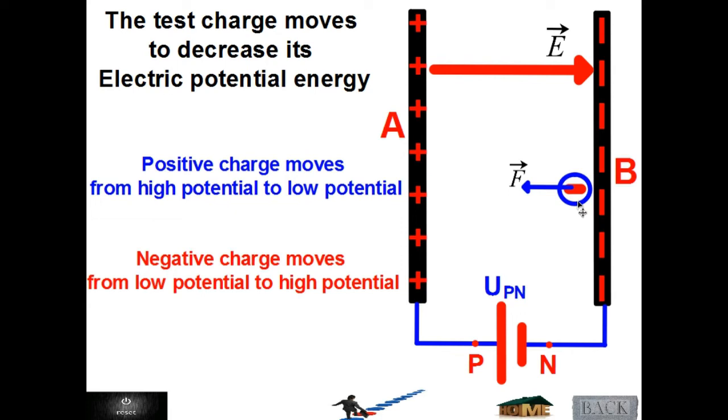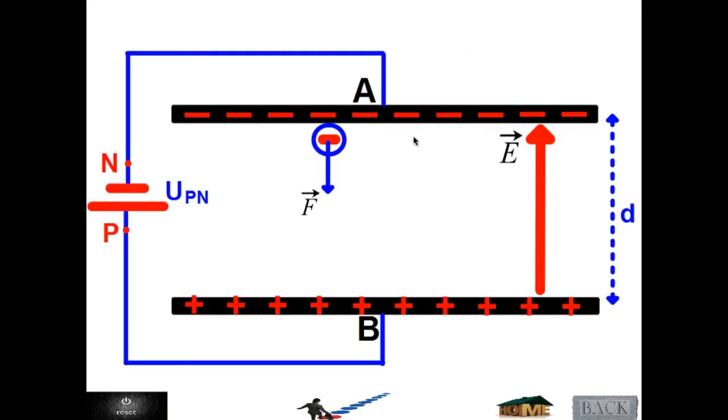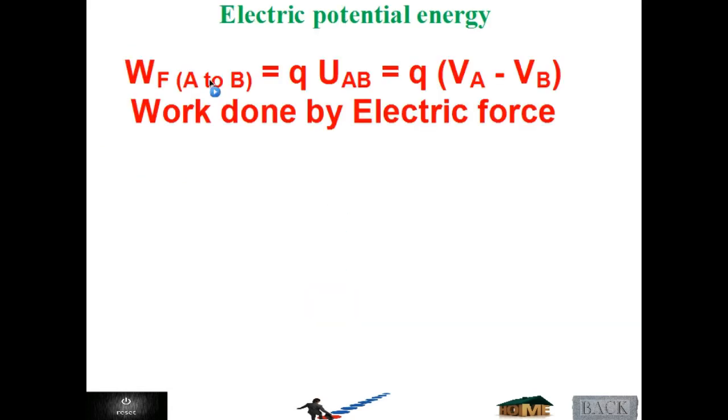Here the negative charge will move from the low potential to the high potential, while if we have a positive charge, it will move from the high potential to the low potential. And also its electric potential energy decreases till it becomes zero at the negative plate. Here if we have a negative charge, it will go from the low potential to high potential and decreases its electric potential energy. So if the work done by the electric force from A to B is QUAB,